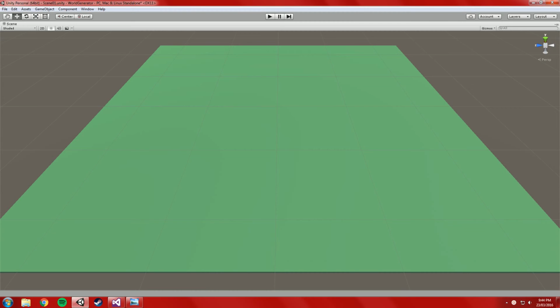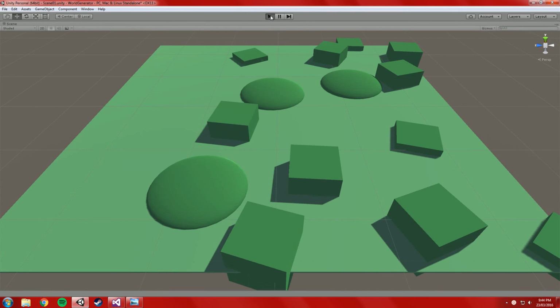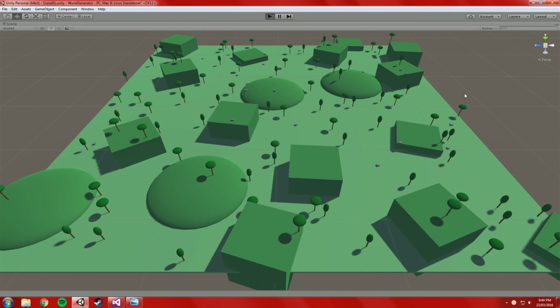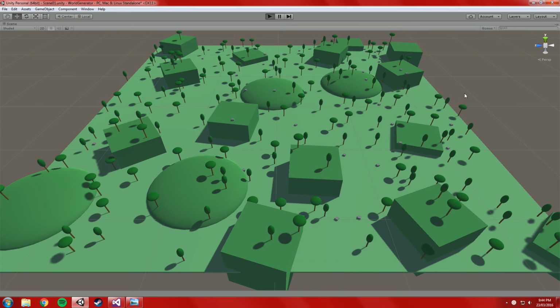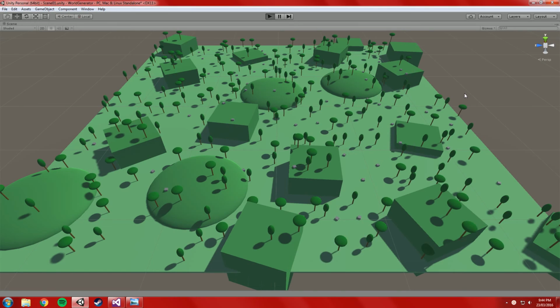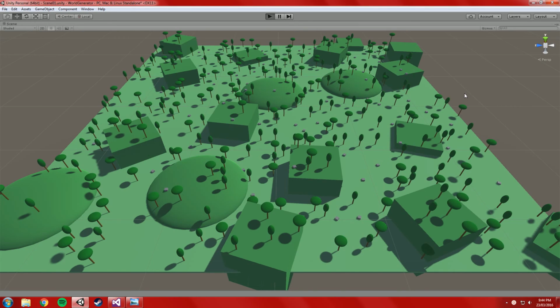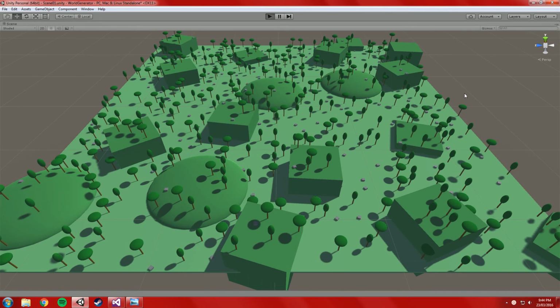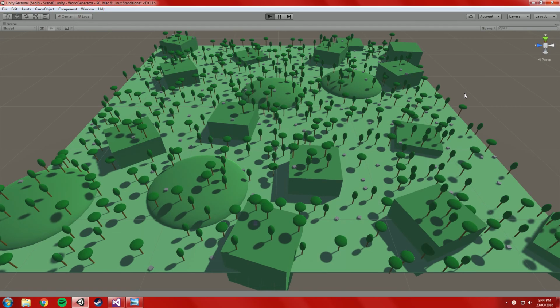I'm just going to give you a quick look at the end result here. So this is what we should be achieving once we've scripted it all. It's just a very fast and smooth sort of world generator. It takes a flat world, puts a bunch of terrain in it, and then spawns all sorts of cool little objects over the top of it. In my case, some horrible looking trees and stones and hills and whatever. This is what we should be achieving, something that will just populate your world with objects and items and things